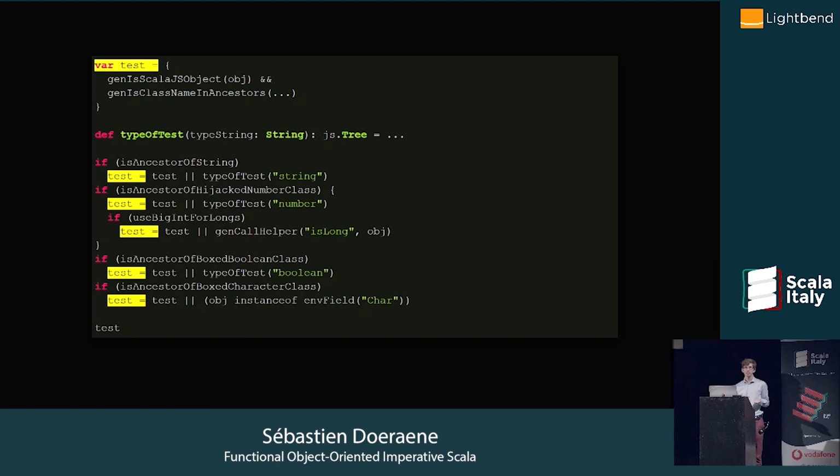And it doesn't matter that in the middle I used a local var, because given the same set of inputs, even if I have vars, there is only one possible outcome, right? So as long as your local variables are not captured in a lambda or in an inner class or something like this, your method, if it takes immutable data as input and immutable data as output, is still purely functional.